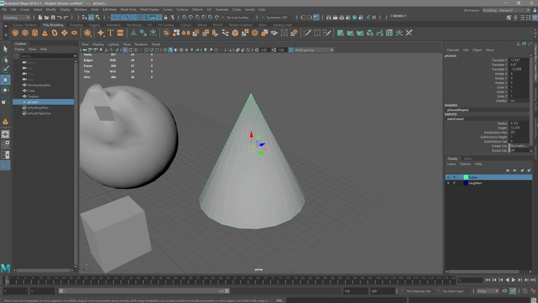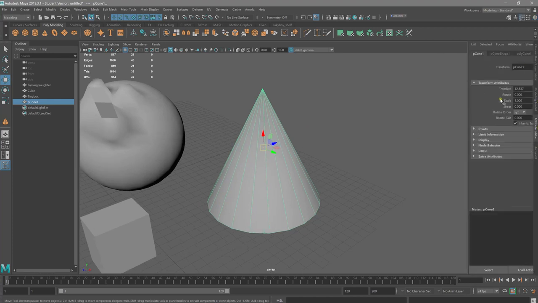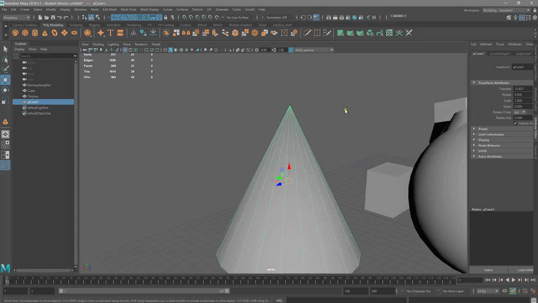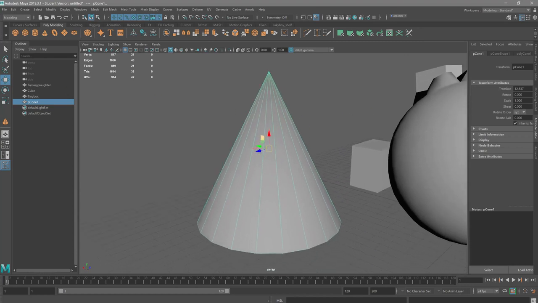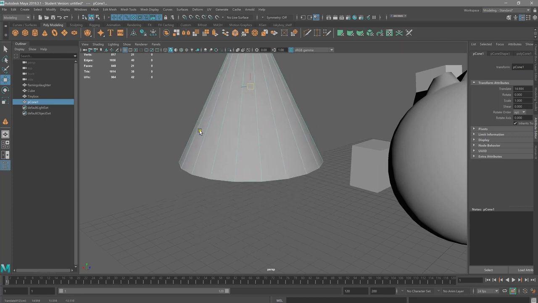You can do it in the actual tool editor, the settings themselves. You can do it through holding down W and then clicking the middle mouse button, and you can change to,